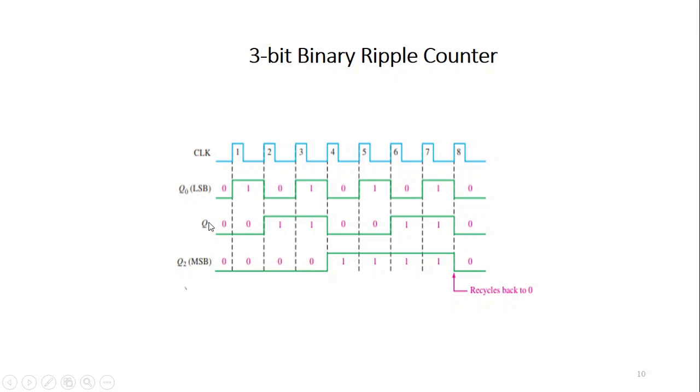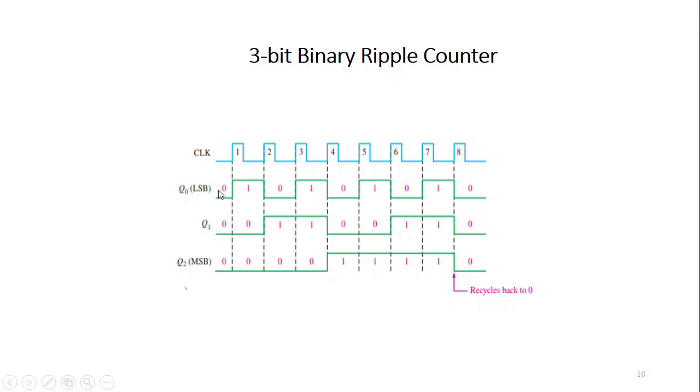The Q1 bar output of the second flip-flop is connected to the clock signal of the third flip-flop, which is FF3. And that will toggle when there is a negative transition, or a transition from 1 to 0, in the output Q1. So at this stage, this was 0, and when there is a negative transition or the trailing edge of the clock signal of Q1, at that time this is toggling. That is why this change of state will happen. So here is the next trailing edge of Q1, and that is why here it toggles to the 0 state.